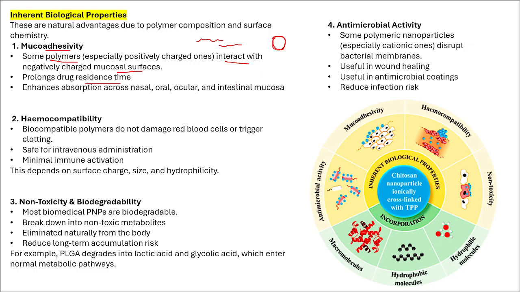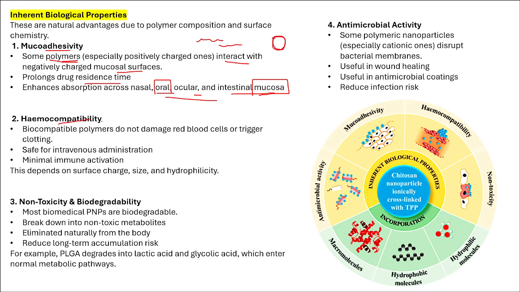Suppose you want to do oral delivery of drugs. As we know, the internal linings of our mouth have mucus. So if we want to do oral delivery, we can make a patch of these polymeric materials which would be mucoadhesive. Or for ocular purposes, or for intestinal mucosa, wherever there is mucosa and we want any polymer or nanomaterial to be used there for drug delivery applications, we can synthesize them with these mucoadhesive polymers.